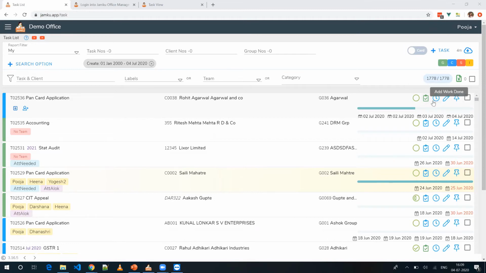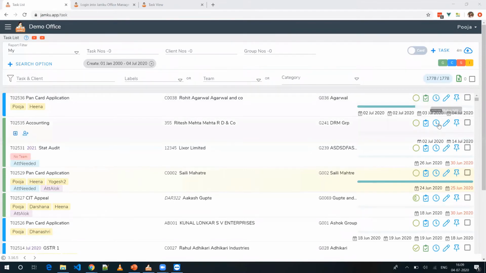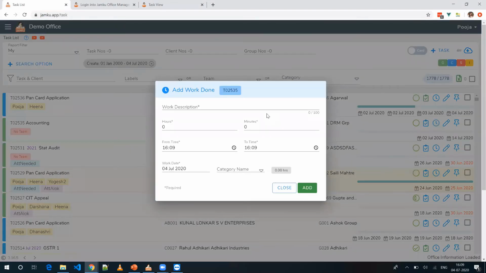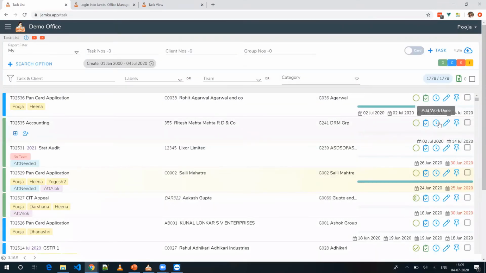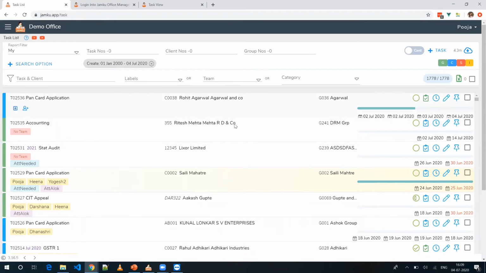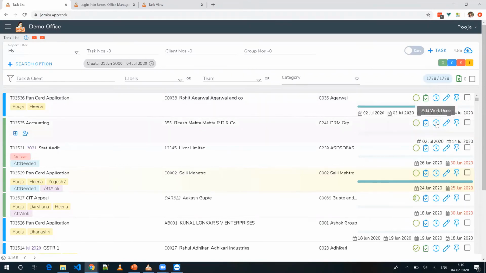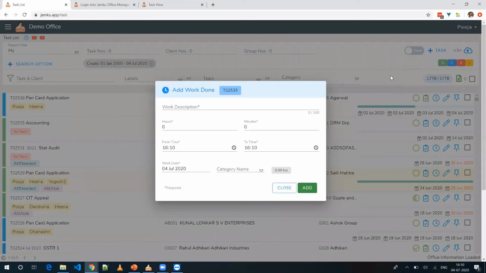Now the third option which you see over here is the most important one, wherein you will be putting your work entry. On whichever task you have worked on, just click on that and update your work input. This is a very important thing to do because only via this will all the things be calculated, that is, how much time is getting invested in each client or in each of the services in the office. So if you make your work entry, only then will these reports be generated. And how to make your work entry? Just come to that task and click on this clock icon to update your work over here.